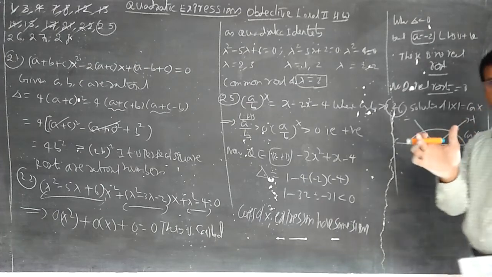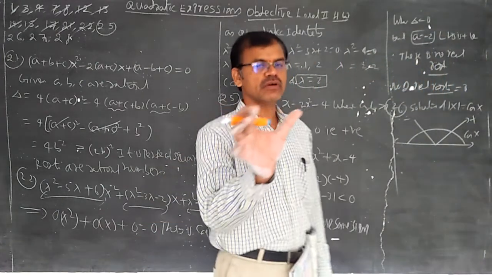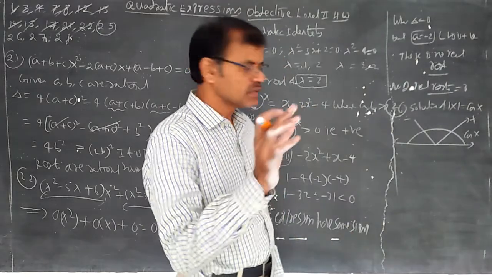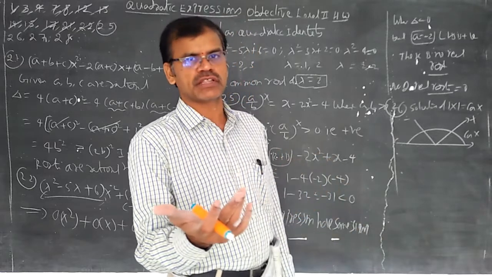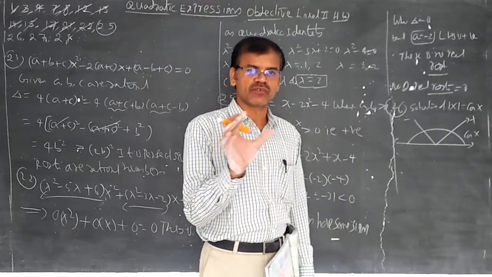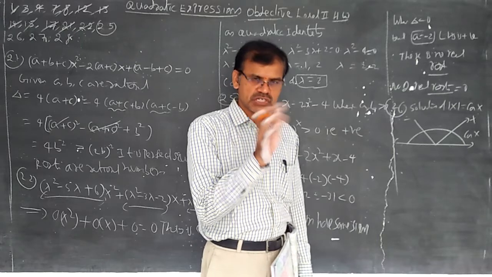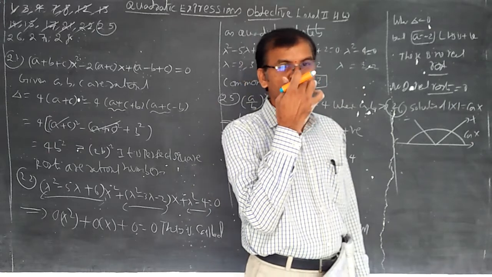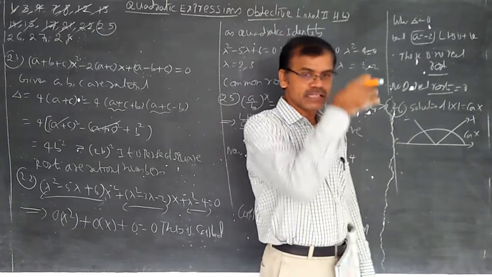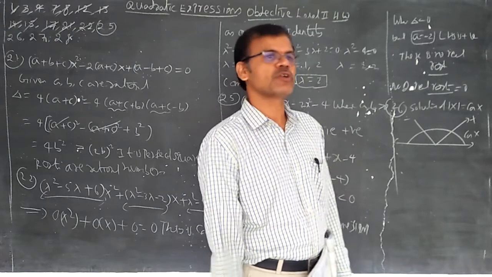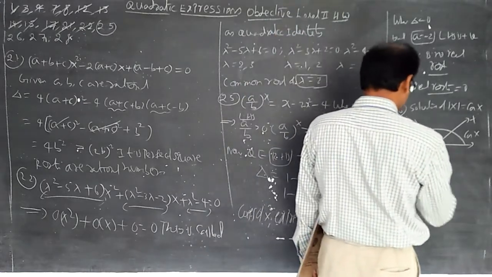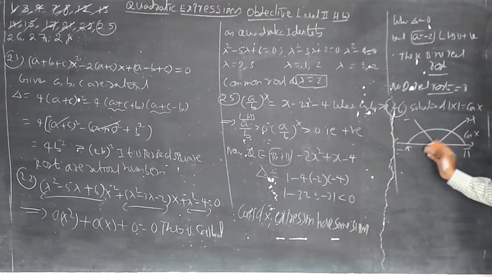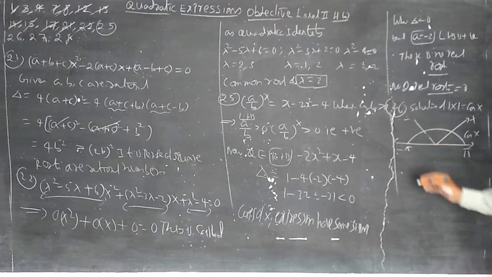In one interval, minus pi or anything, you take any value for the modulus. Depending upon the modulus value you consider the cos x. Example, minus 3 to 3 like that. Of course, cos x should not exceed 1 and should not be less than minus 1. Between the values of minus 1 and 1, the cos x graph will be drawn. So minus pi to pi, the graph will be like this. It is minus 1 and 1 like this. It is 0. It is minus 1 like this. Negative side, positive side, modulus x also like this.